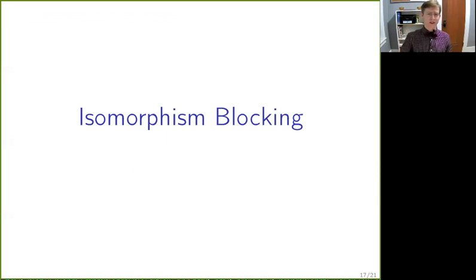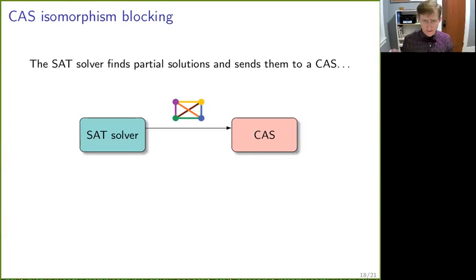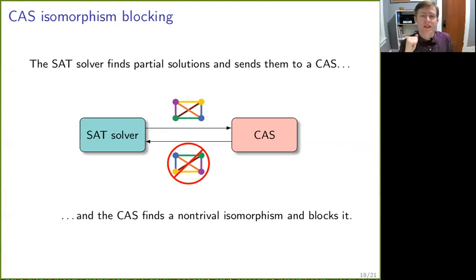Now, where does the CAS come into play? The CAS comes into play as follows. As the SAT solver is working on the search, it's finding partial solutions. Here's a 4.6 line partial projective plane. We can give it to the CAS, and the CAS can then analyze, as I mentioned, it's really good at